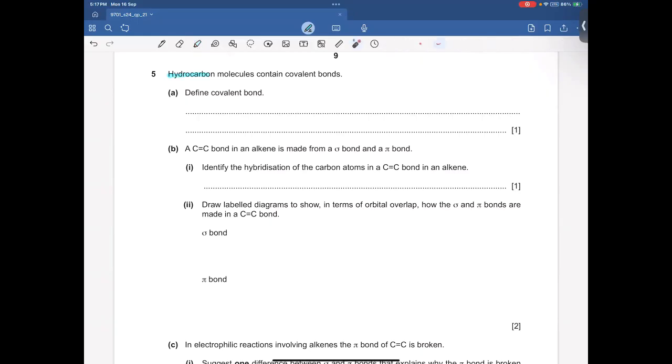Hydrocarbons are substances consisting of carbon and hydrogen only. Molecules contain covalent bonds. Covalent bonds are usually formed by the sharing of electrons. Oh, surprisingly, define covalent bonds. Basically, sharing of electrons